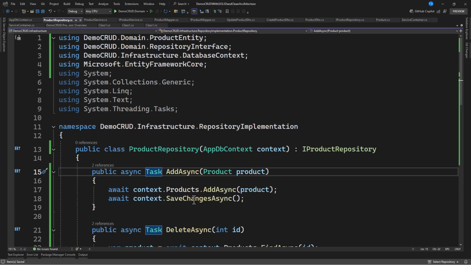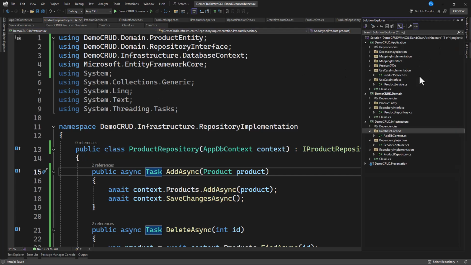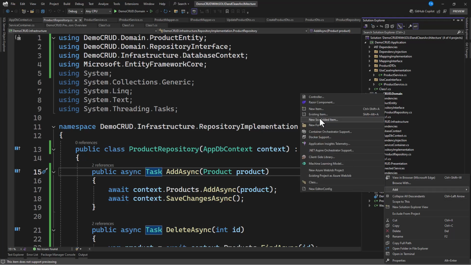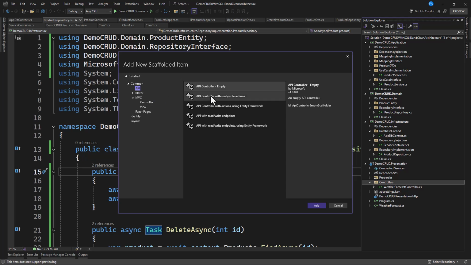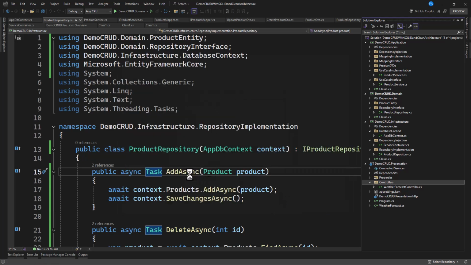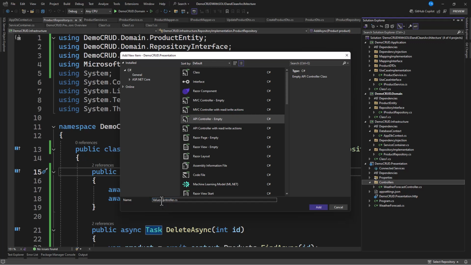So the next thing that we're going to do here is we're going to go to the presentation layer and consume this. So let's go to our presentation. And in our presentation, we have a controller already, but we're going to create our own, which will be the product controller. So API controller empty, and we're saying that here, product controller,